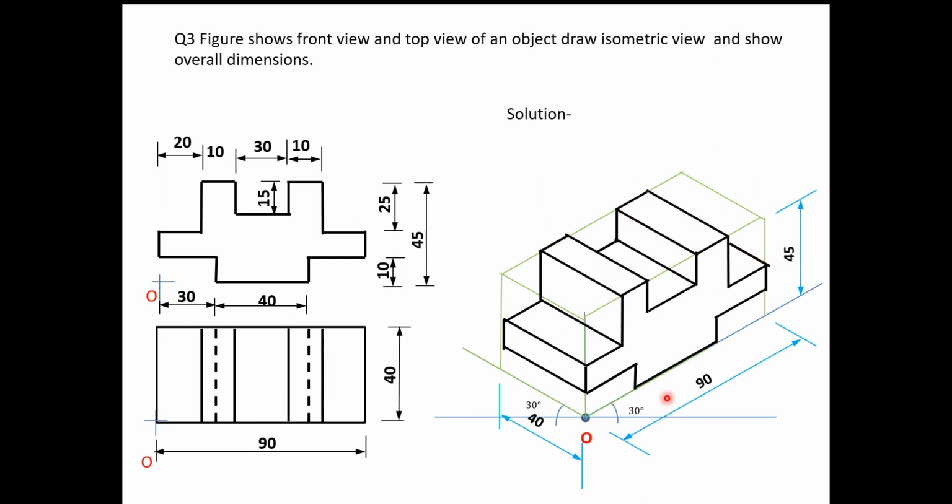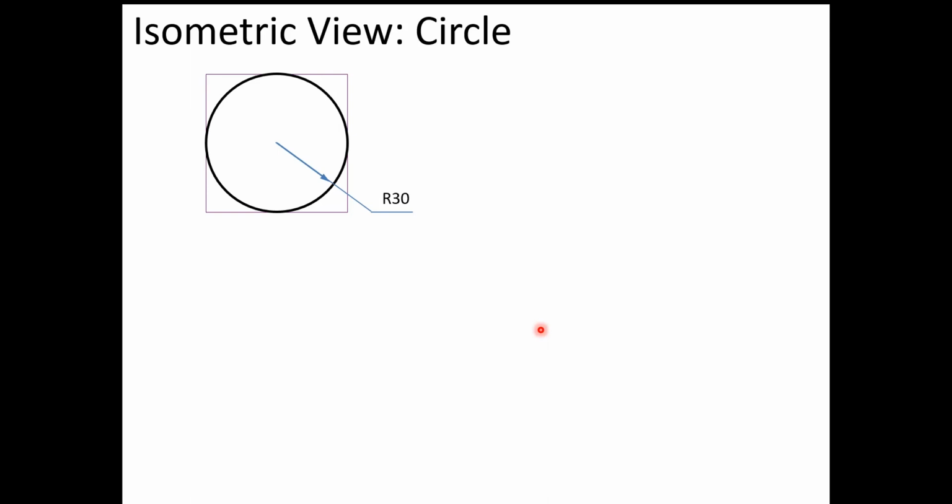In this way you can see here the direction of the front view, and in the top view you will see the exact solution. So in this way we have to draw. Whatever the diagram is, we have to draw its front view in the front plane. Whatever the plane is, you have to draw that shape, and then you can proceed with the top view and side view. Now next, I want to repeat the procedure of isometric view for a circle.